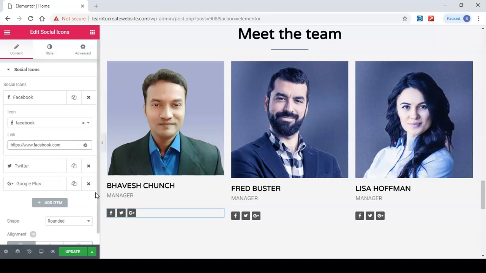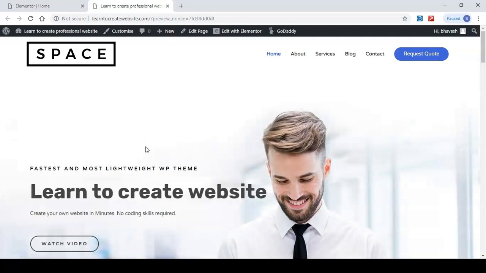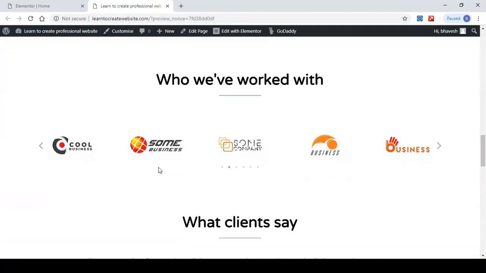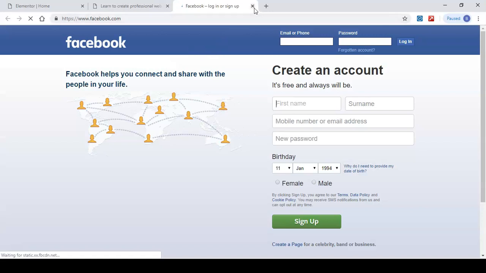So once you are done with the changes, you save the page by clicking on update button and preview the changes by clicking on this eye icon over here. So you can see that all your changes are here. Let me click on Facebook. It will take you to the Facebook page.